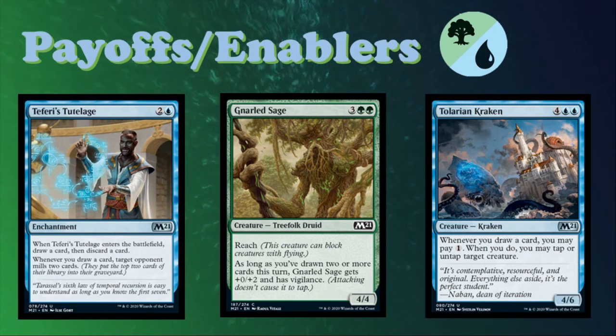It doesn't matter how many triggers you got, if you die before your opponent mills out, the loot is not going to be enough to pay 3 mana, right? So if you have Teferi's Tutelage in your deck, it is your entire game plan. You're playing cards like Gnarled Sage, Tolarian Kraken, but you're less excited about the aggressive and unblockable creatures and things like that. You can also board it in against control decks where it's an absolute house,